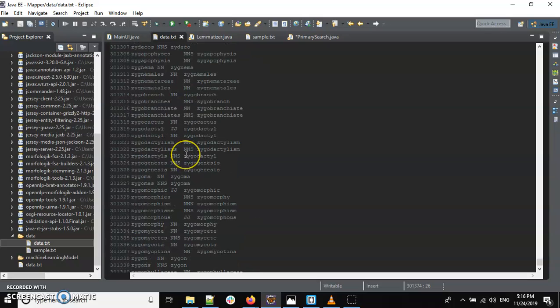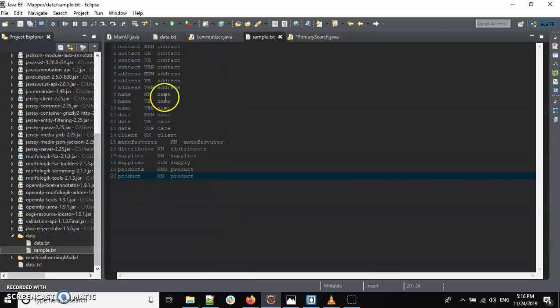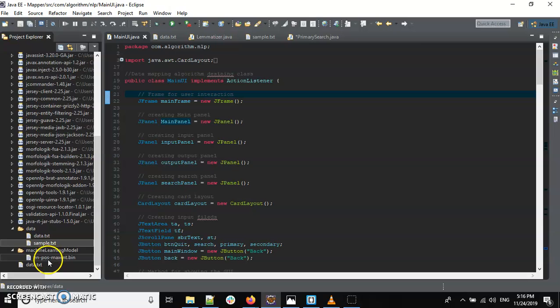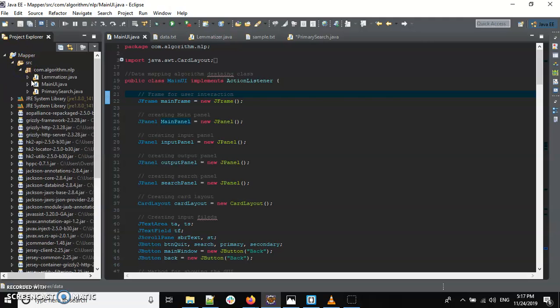It's about 300,000 columns, and this is just a sample data. I didn't use it, I use it for testing, and we have our bin. This is the model. It's a bin that I've imported into the machine to be able to use. It's a pre-trained model for lemmatization. So with that, I've created